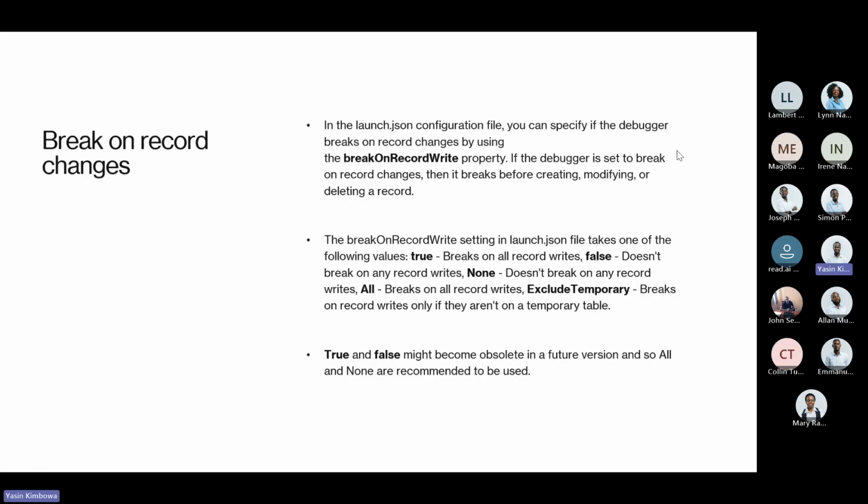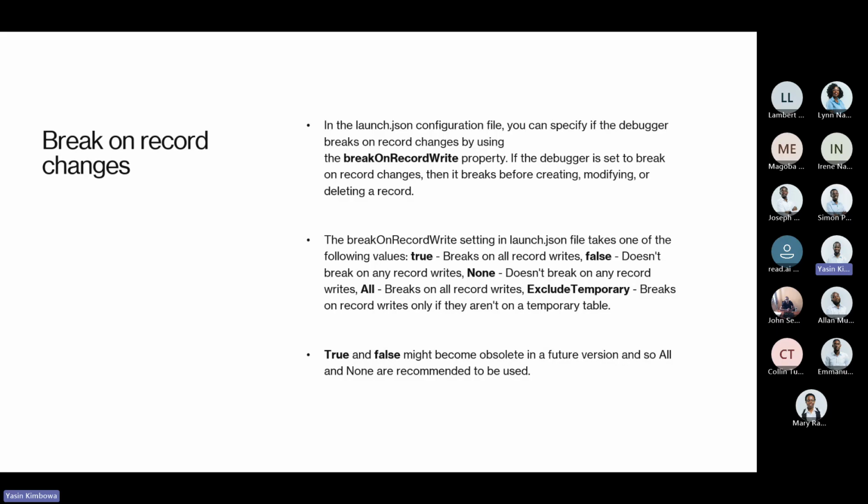If you set this property to true, the debugger breaks before creating, modifying, or deleting a record. In case your function deletes or modifies anything, before it modifies, there will be a break there